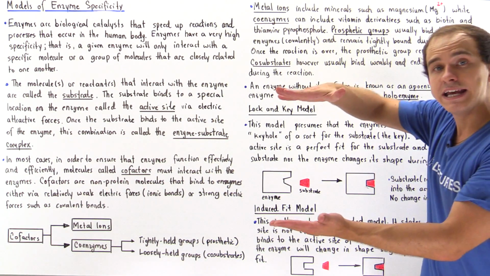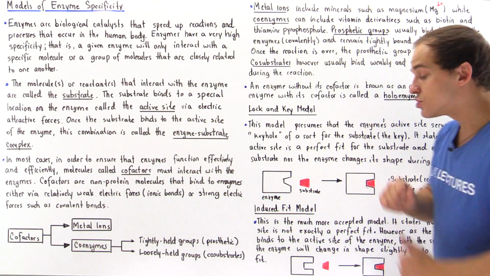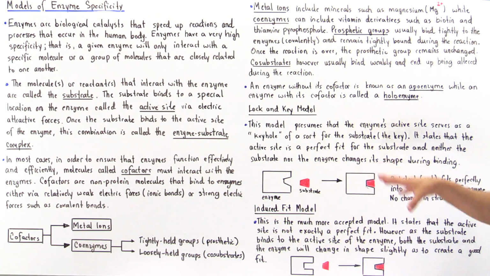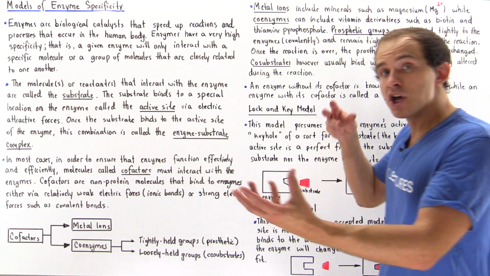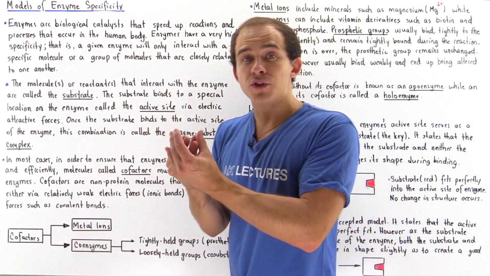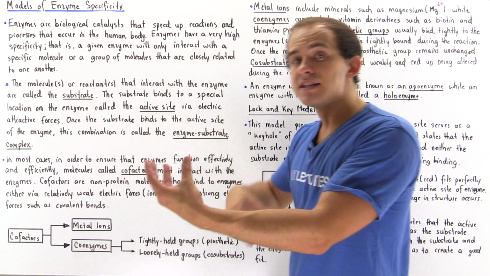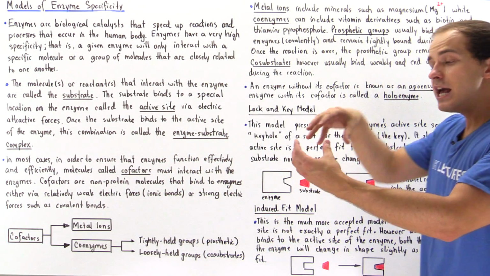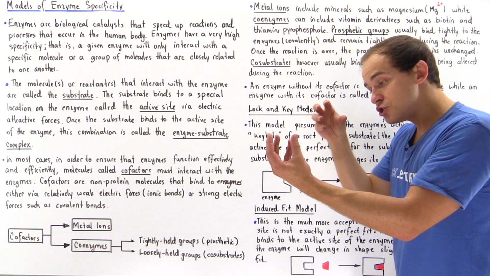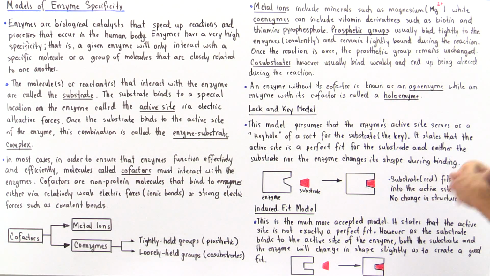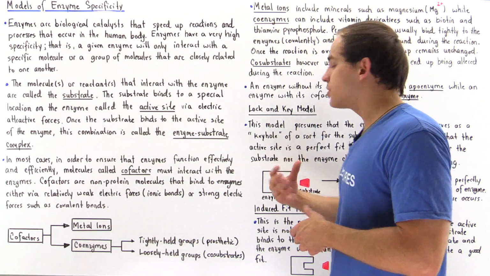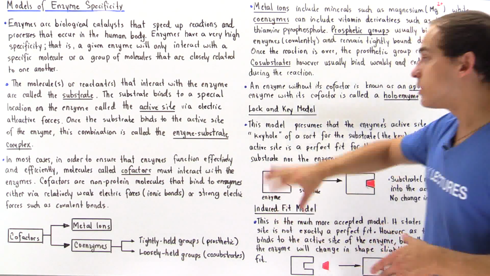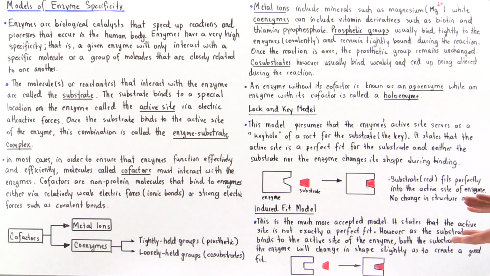For example, it is lengthened. So we see that the substrate as well as our enzyme are not really perfect fits, but when they interact within the active site, they change in shape to create that perfect fit. And this model is known as the induced fit model,